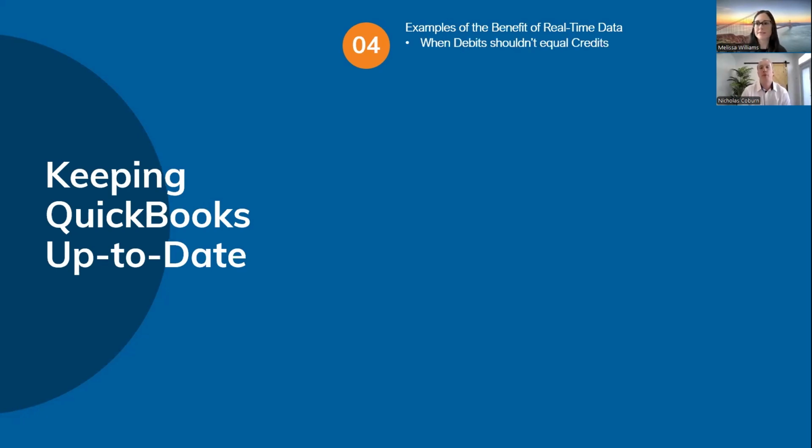Yeah. So the first example is where debits shouldn't equal credits. That sounds odd, but we had one example where we were looking at these deposits and there were no open invoices. So we took a look at what was going on, and an account was set up within revenue that essentially any deposit that came in was applied against revenue and applied against the invoice. So it was just disappearing. So the revenue, in those cases for that client, went down to zero.